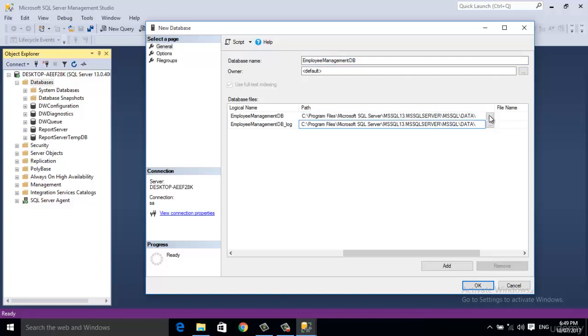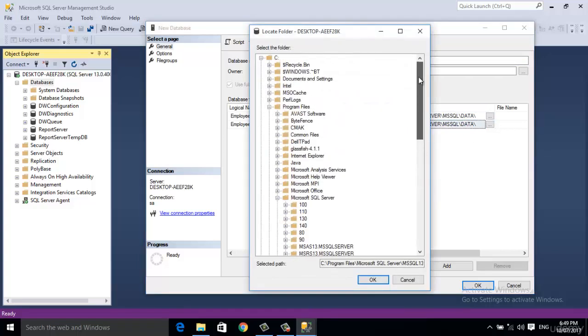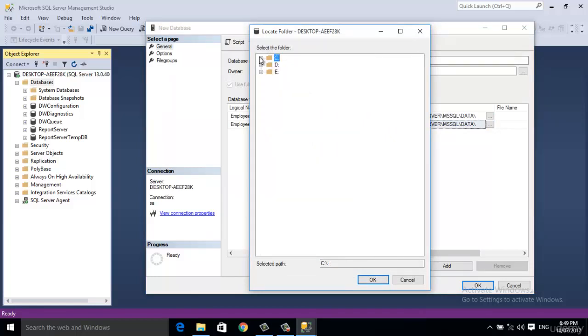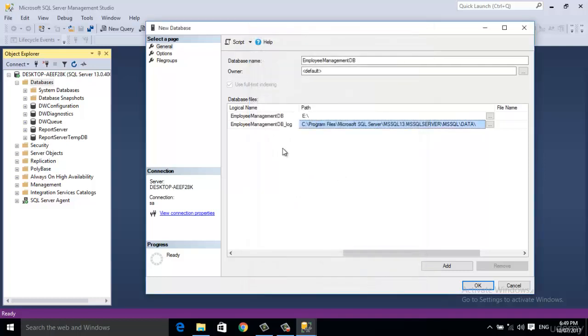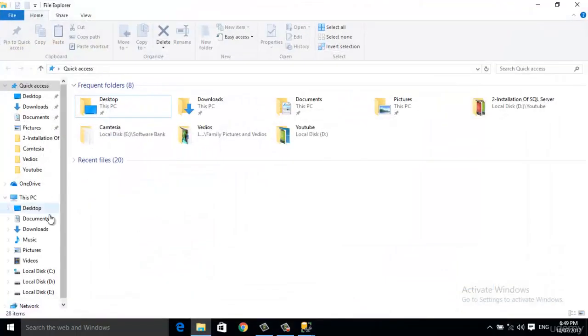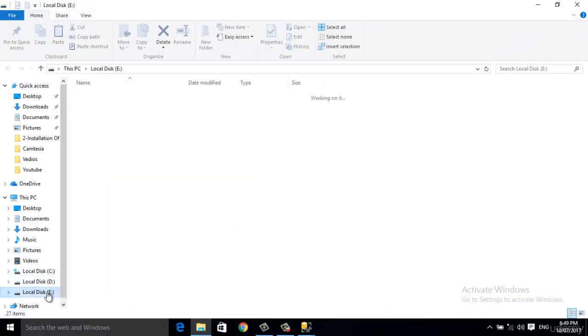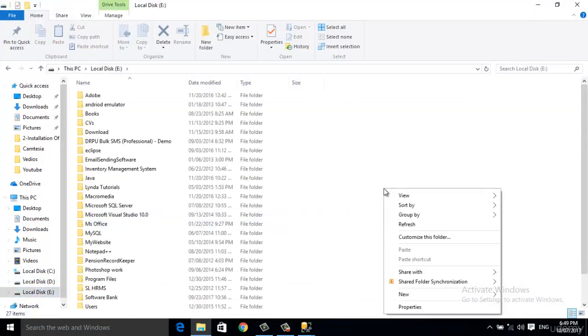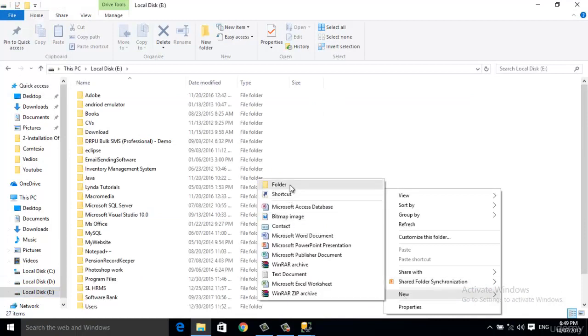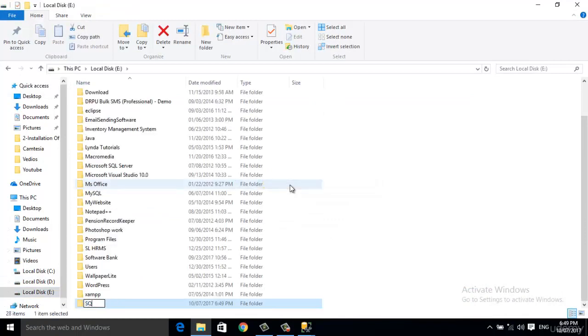I am going to change this location, and let me go to my E drive and just recheck my E drive. On the E drive I am going to create a folder named Employee Management Test DB.